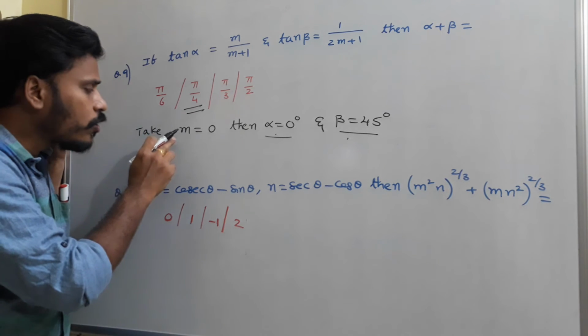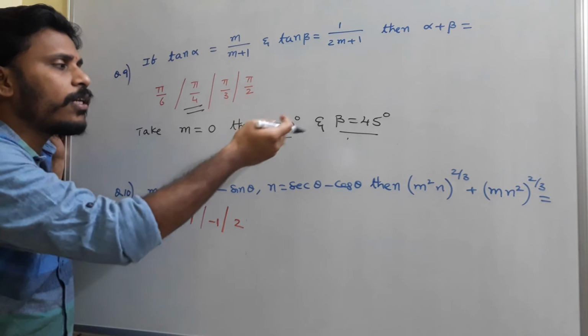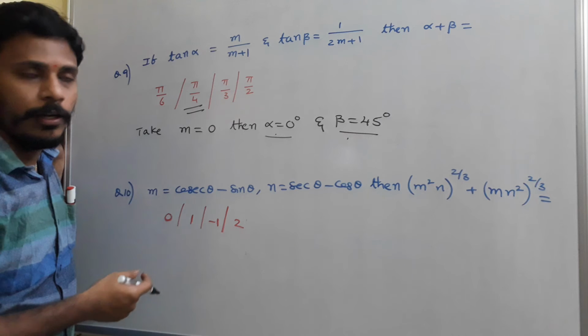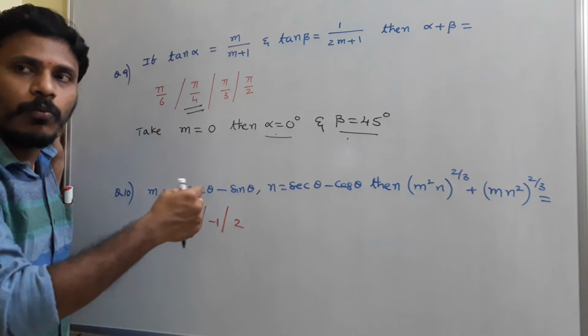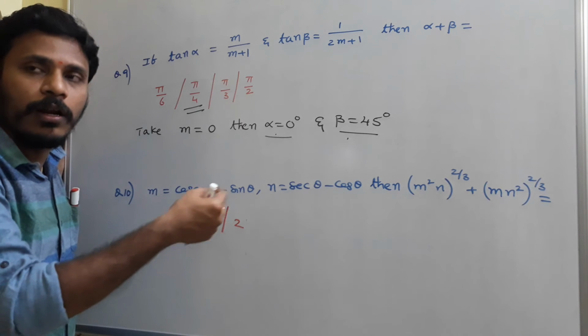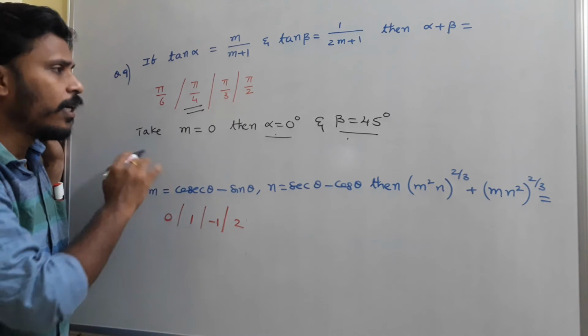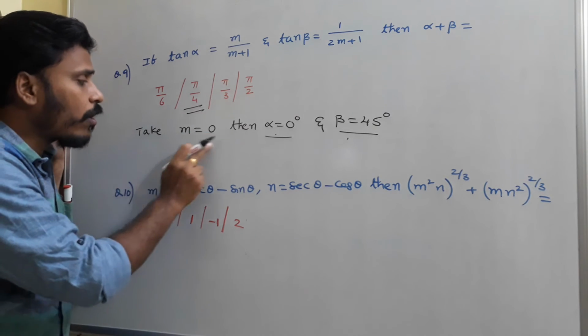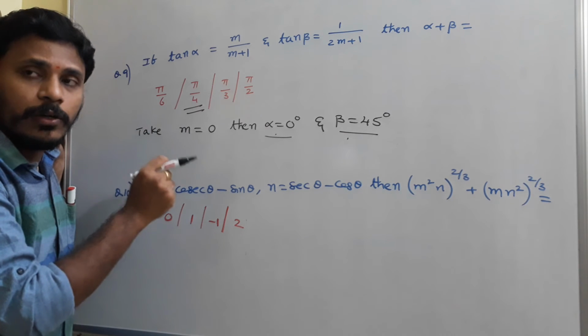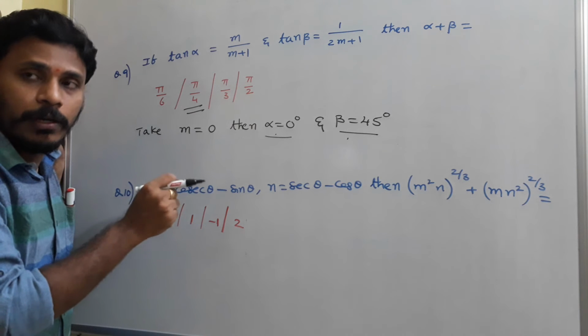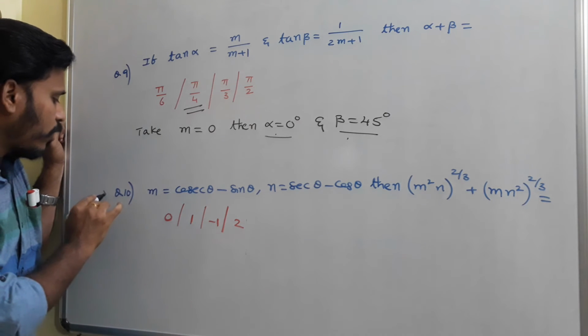So since you are taking m equals 0, it is very easy actually. If you take m equals some other number like 1 or 2, you need to do it in one or more steps. Alright, that's the problem. So first of all, choosing these values, you need to think once and twice, and you need to choose a very comfortable value.